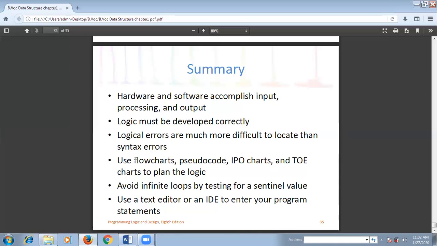Okay, you see, these flowcharts and pseudocode, or even IPO charts and TOE charts, can be used to plan the solution for the problem, to plan the logic to solve the problem. Then we have seen that we can avoid infinite loops, or detect the end or exit of the program, by using the concept of a sentinel value. Then we have seen how a text editor or integrated development environment can be used by the programmer to develop the code. Okay, this is all about